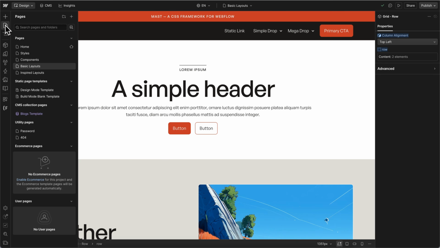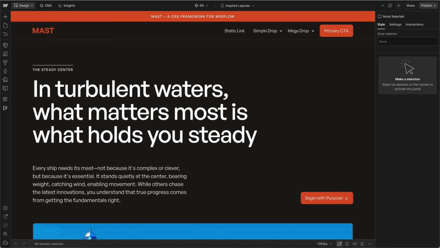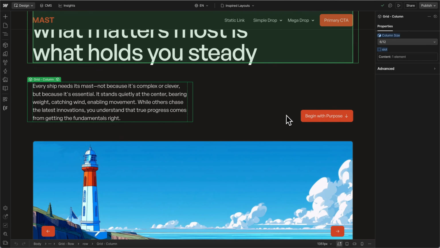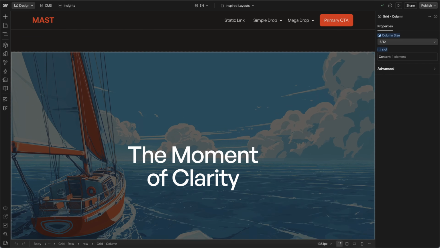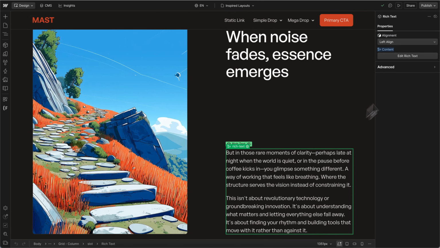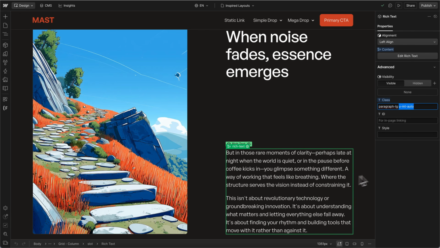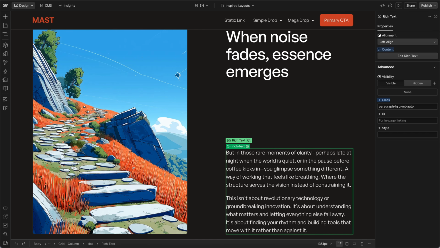This is also really good to show if we go over to the inspired layouts page, because this, as the name implies, is all sections built with the exact same components, rows, columns, etc. But as we scroll through, you can see the layouts are a lot more divergent from the common text on the left, image on the right. We're showing how to do things like full background images, split apart layouts with things like MT auto, right? And so again, you can see cases like this where we're only using these class modifiers just to adjust something, where like if a client collaborator didn't add those, they could still have a layout that is technically successful and